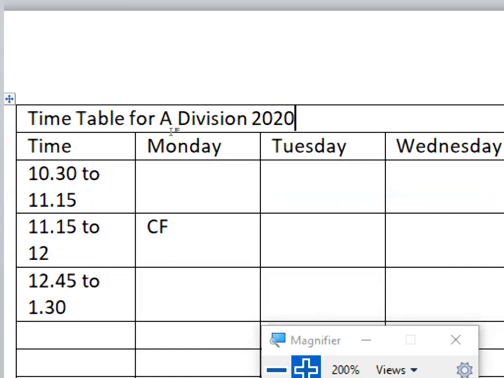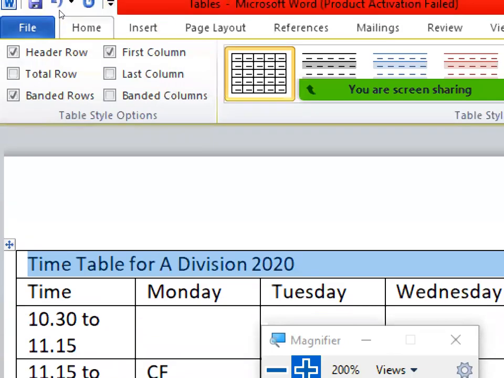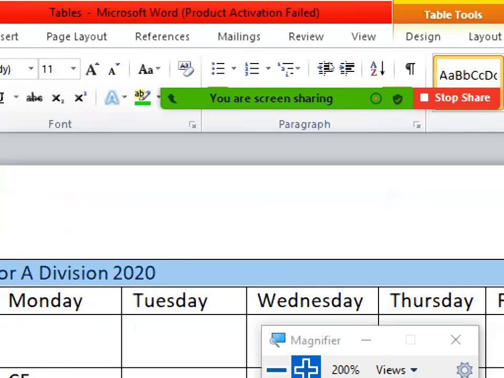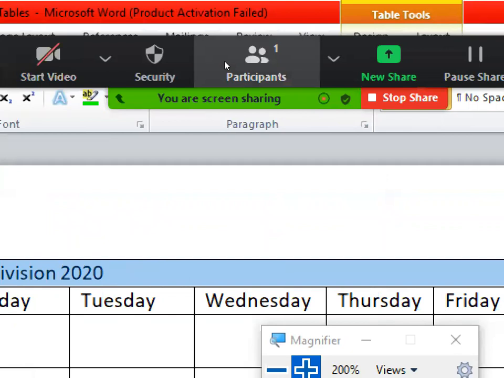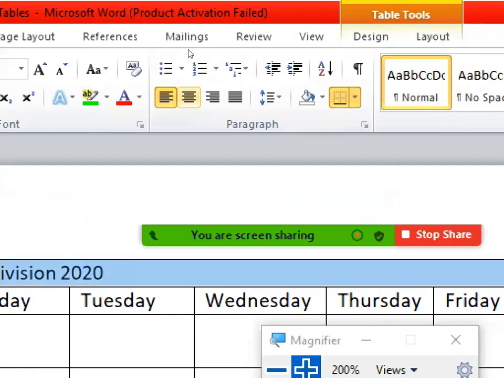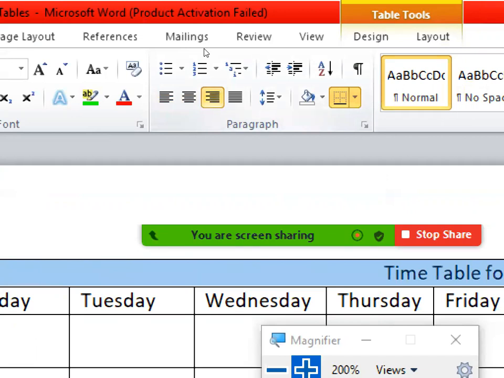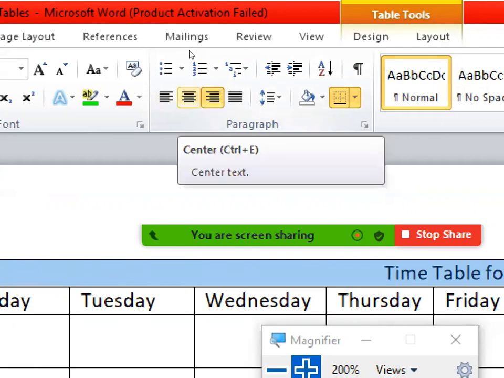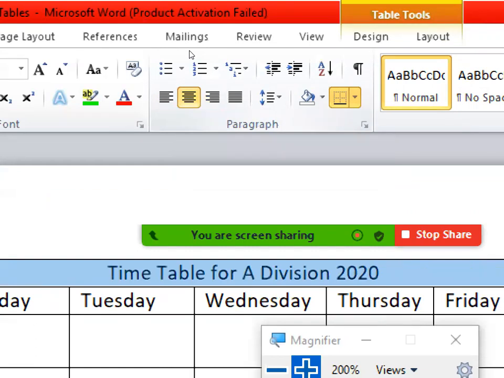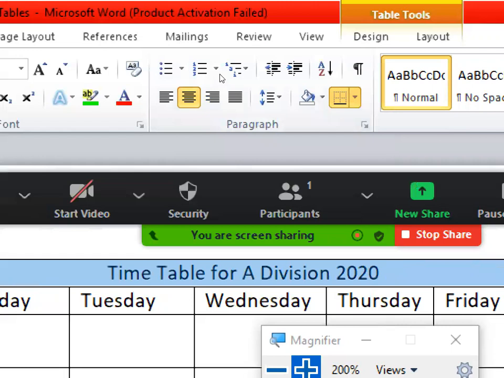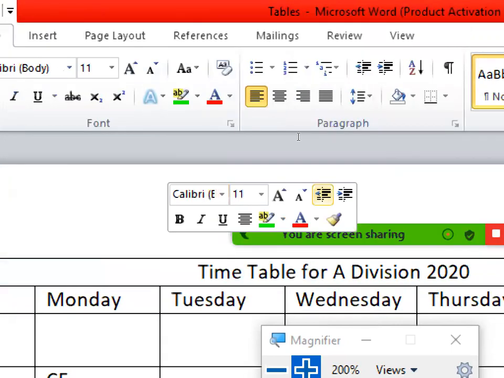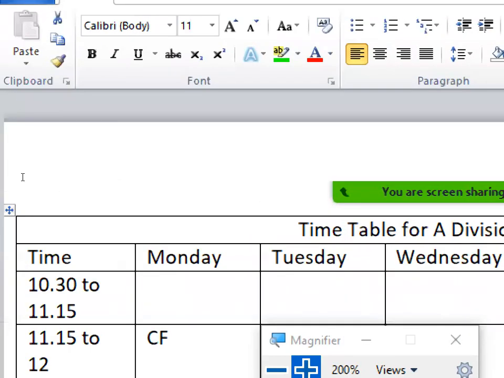Okay, are you all getting it? Once this is done, you can use the alignment option. We have already discussed this alignment. Go to Home, and here you have the alignment option. You can center align it if you want. If you want right alignment, you can go for right alignment. Preferably you use center alignment. Getting it? So this is how we do the alignment manually. But if you want to apply this alignment to the entire table, that can also be done.